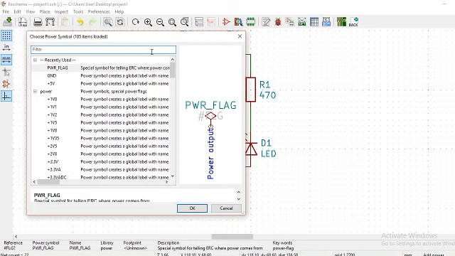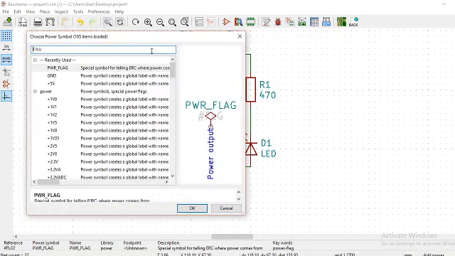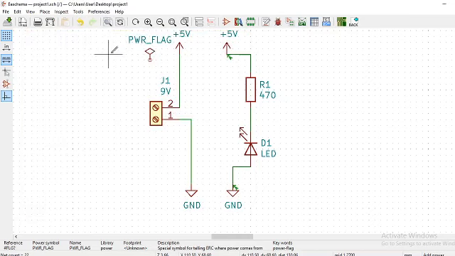Then make a copy by using C and place the other power flag here.